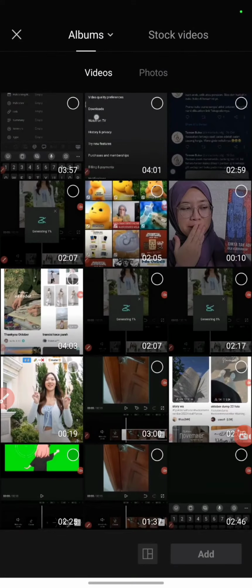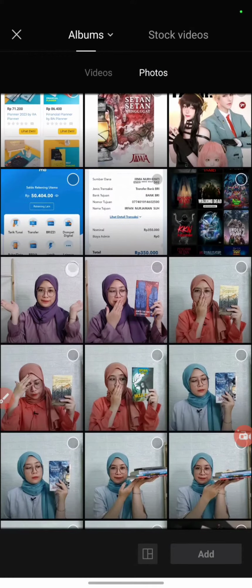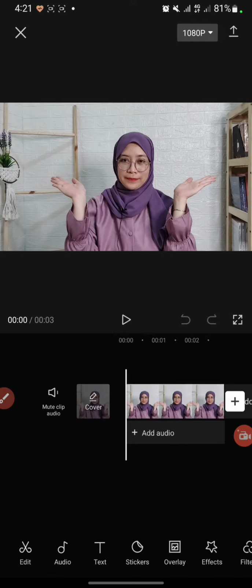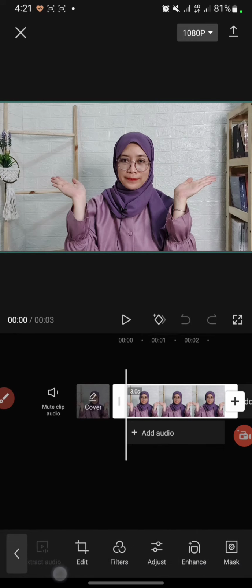After that, choose the video or photo that you want to edit. I will choose my photo, then click add. After that, click on the clip. Swipe right, then click